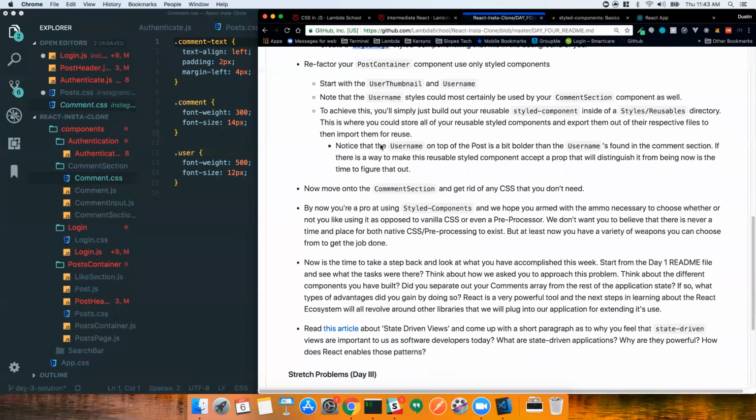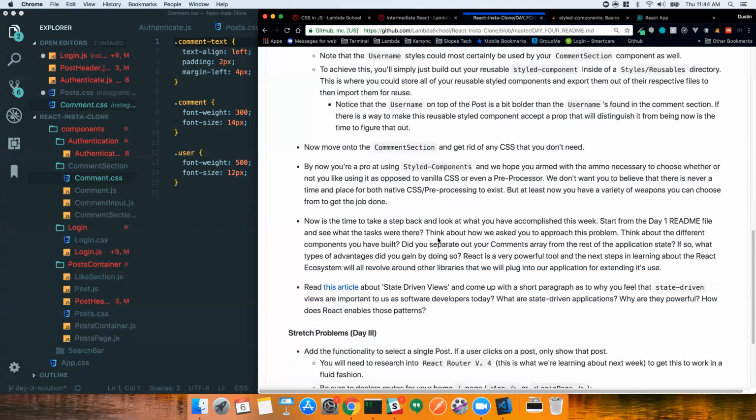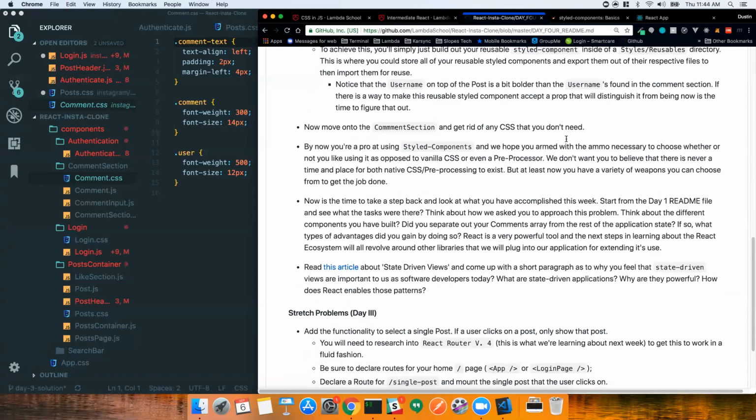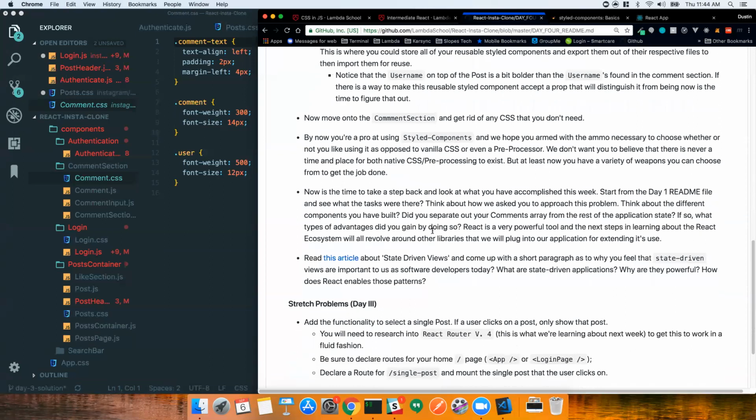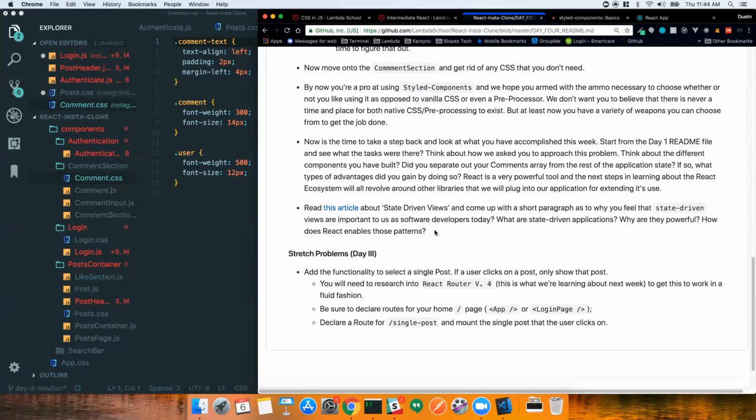Let's see. So all of that is just talking about the same stuff. Move on to post container and build out styled components. Move on to comment section and get rid of CSS and build out styled components. Okay, then at the end of the day, when you're done with this,